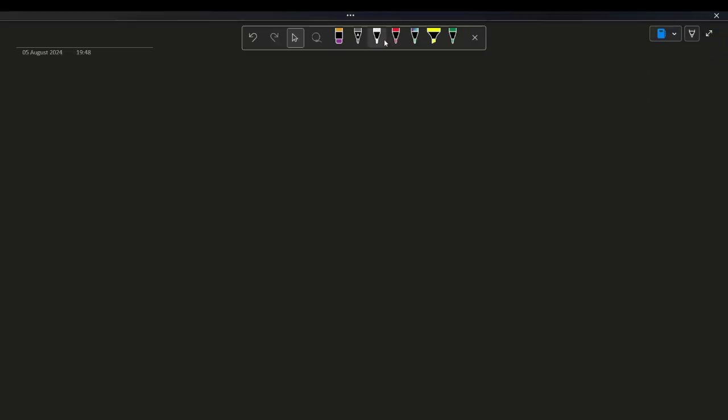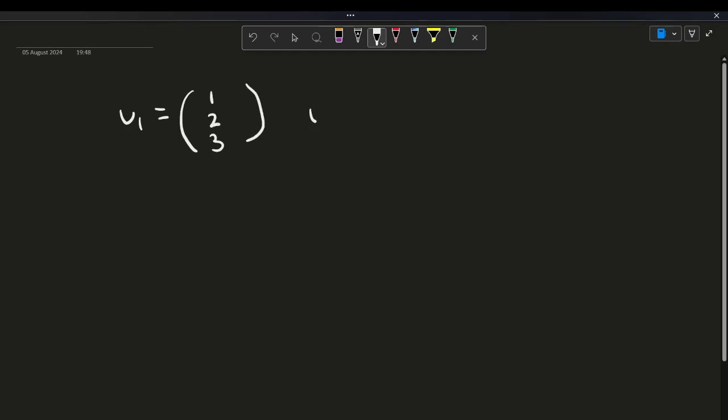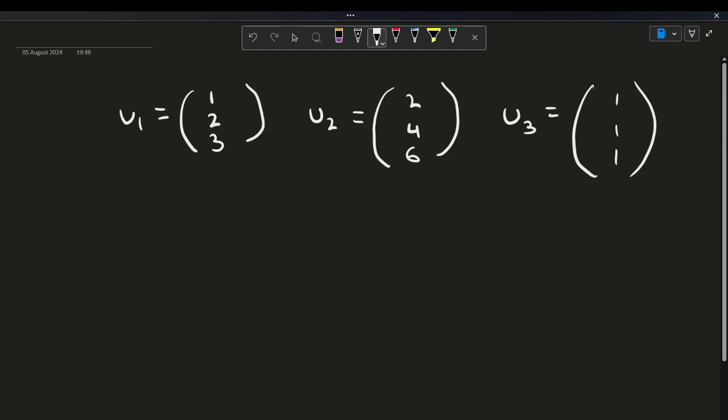So in this example, let's consider three vectors this time to check if their vectors are linearly independent or linearly dependent. So we have u1, which is 1, 2, 3, and u2, which is 2, 4, 6, and then u3, which is all ones. Okay, so now that we have these three sets of vectors, let's first check if they're linearly independent by setting